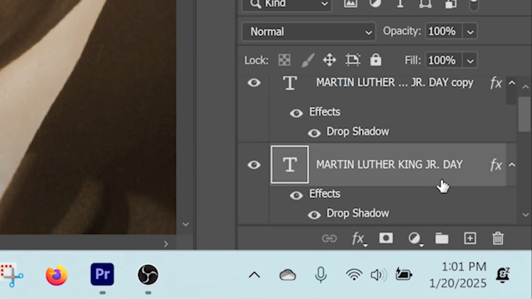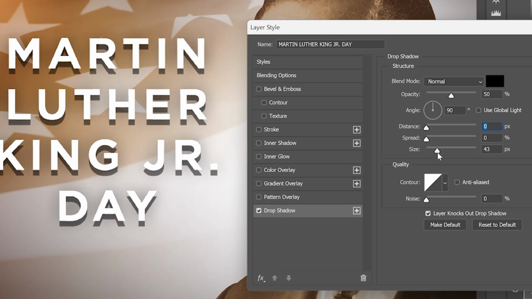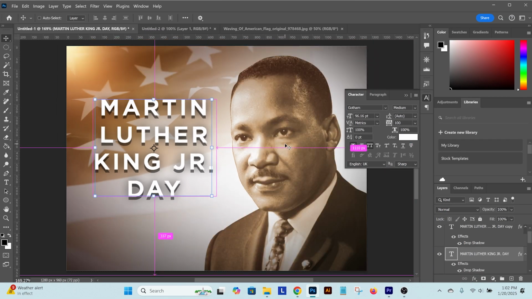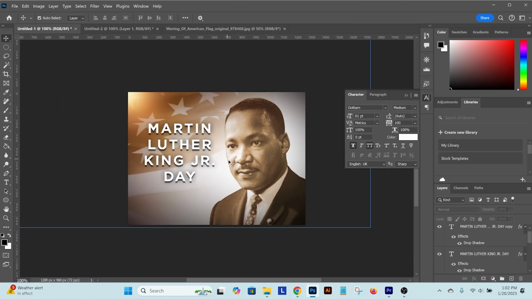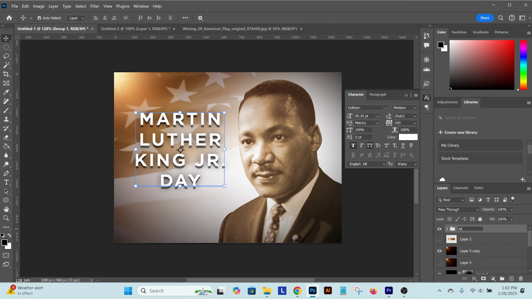The duplicated text that I have right here, I'm just gonna do another drop shadow, but increase the radius to enable the top text to stand out more in the graphic. As you can see, the white and the white in the graphic, there's no contrast. So I'm just adding contrast using the drop shadow. I'm gonna put these two text layers into their own folder and just rename it text, just to keep things